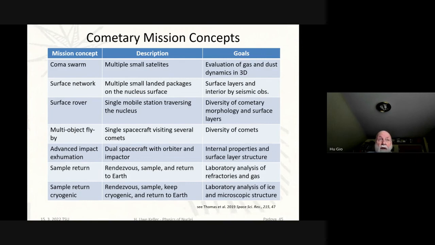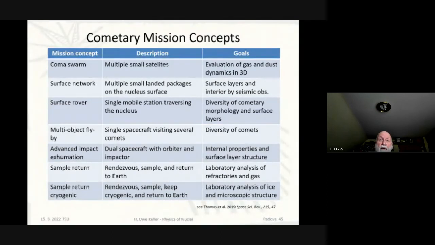And this is possible by a sample return, not necessarily at cryogenic temperatures, but what I suggest, and what we have already suggested several times, is to take a sample, keep it cool, let's say around 100 Kelvin or 120 Kelvin during flyby, and keep it at this temperature, put it in the laboratory, and then the water ice is still going to be ice, and in the original configuration, the more volatile stuff will be gases, but we will learn a lot about the structures, the refractory material, about the material itself and the age of the material, for example.